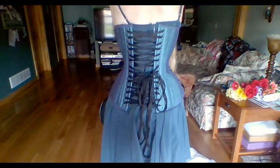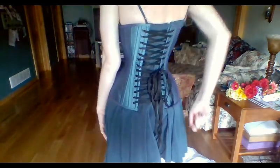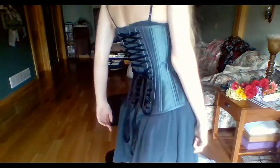I didn't show the back of the black one because it'd be pretty impossible to show, but I'll show the back of this one because it really stands out with the black laces and then the blue of this one. Does it show the asymmetries on it? I don't know, but I was planning to